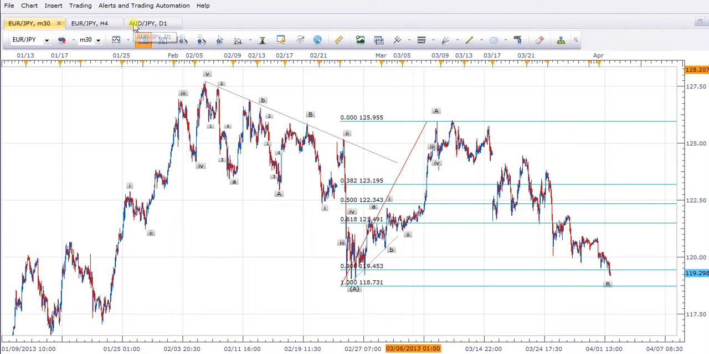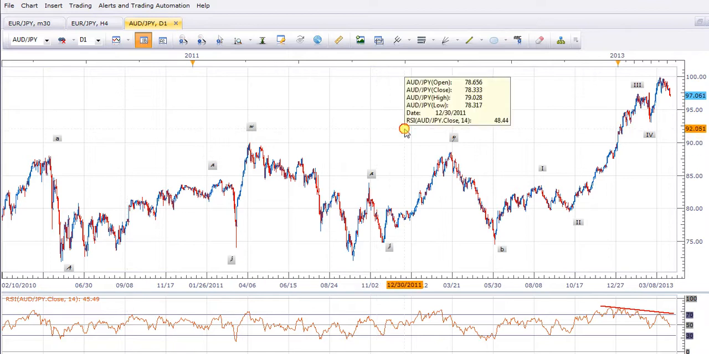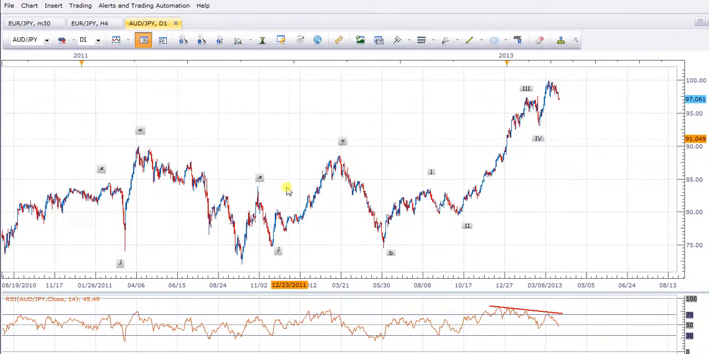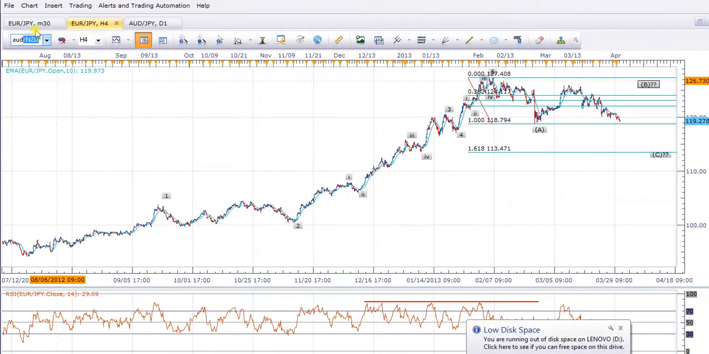Now I'll turn our attention to the Aussie Yen. I'll just start on the daily chart to get a look at things. And then in zooming in, we see 1, 2, 3, 4, 5. We see that divergence happening as touched upon in the Euro Yen, which would indicate that this is the 5 wave. And then if we go down to a smaller time frame,